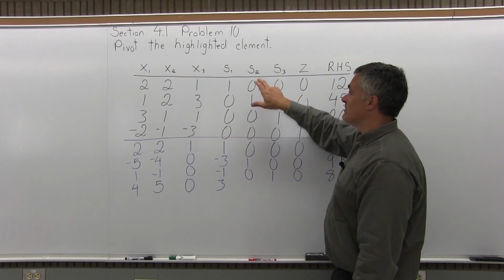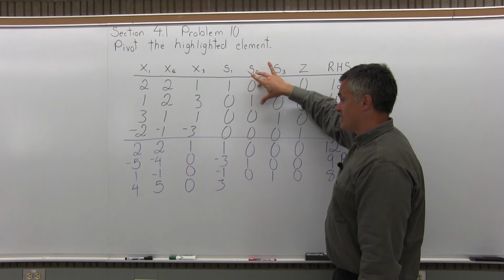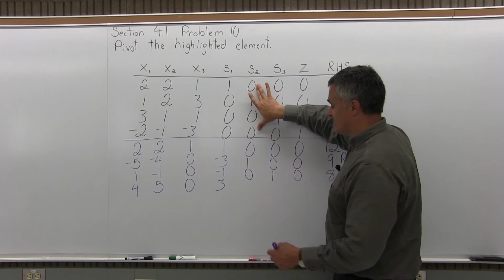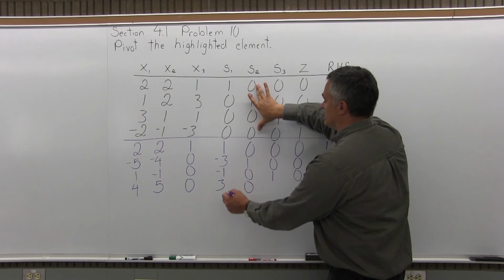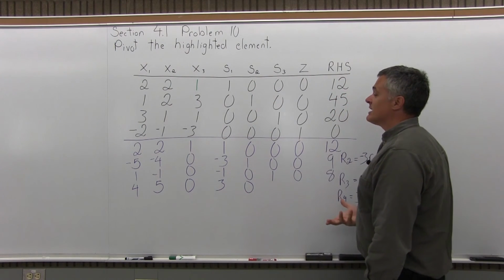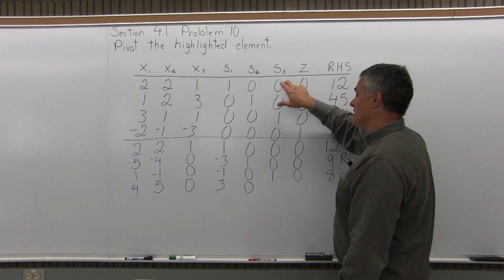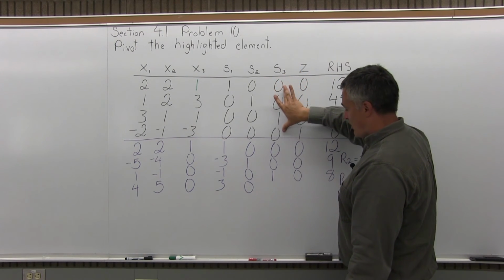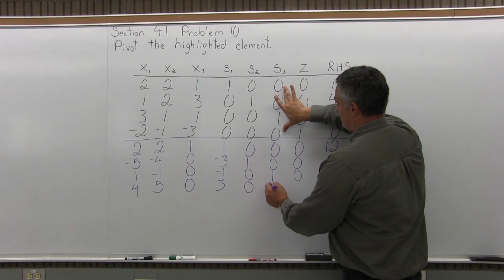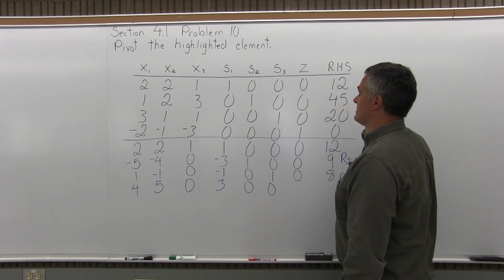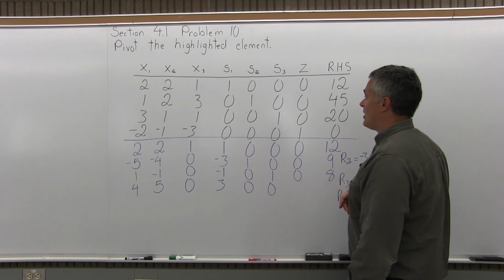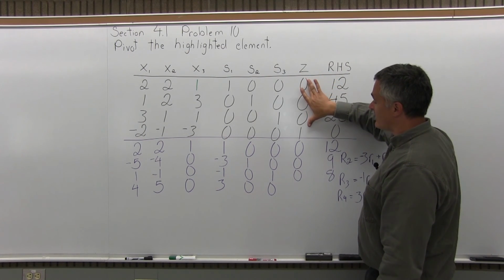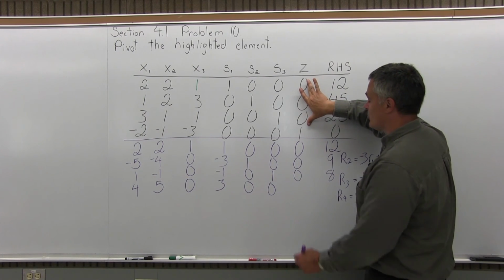Next, 3 times row 1 is 3 times 0. That gives me a 0. I'm going to add that to row 4, so I'm going to add it to another 0. I'm going to add 0 plus 0, which gives me 0. Same thing's going to happen in the next column. 3 times row 1 is 3 times 0, which is 0. I'm going to add that to row 4, which is plus another 0. So 0 plus 0, I have another 0. The next column, 3 times row 1 is 3 times 0 again. So that's another 0. But this time when I add that result to row 4, I add 0 plus 1,